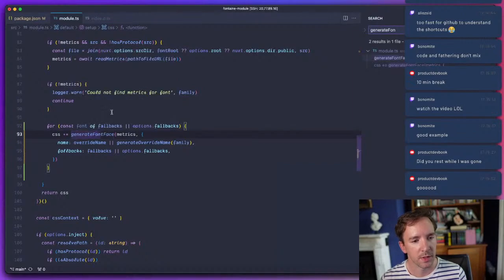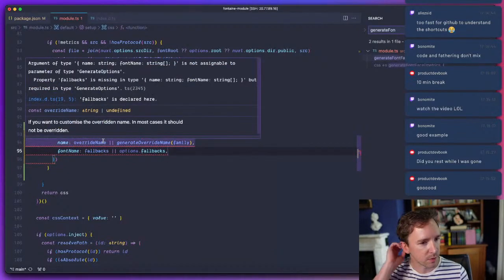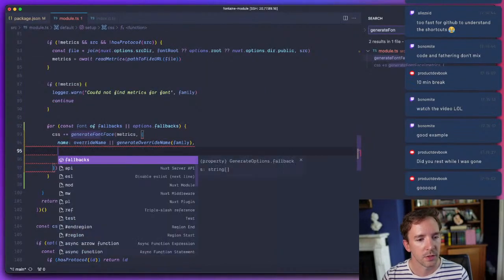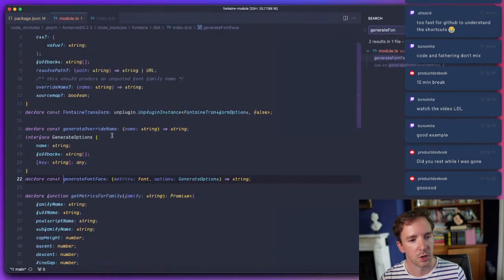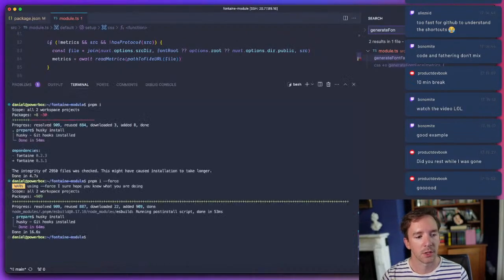For whatever reason, we might just need to restart TypeScript. So basically this should be, I think, something like font name. And then we'll need to get the metrics for the font. So yeah, what we want... weird. Come on, it shouldn't be this. Generate options. We did rename it. Oh no, it should be fallback options. It's still showing up as the old Fontaine. Let's just try